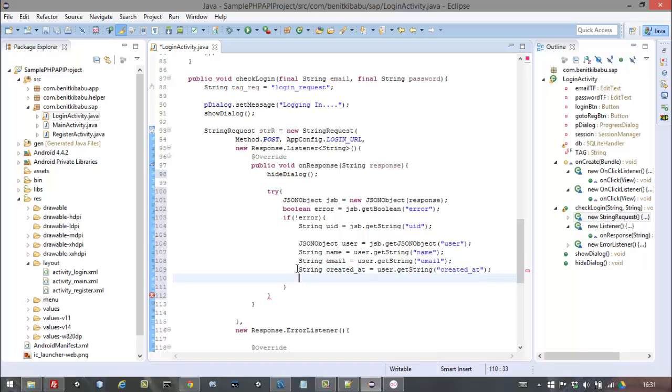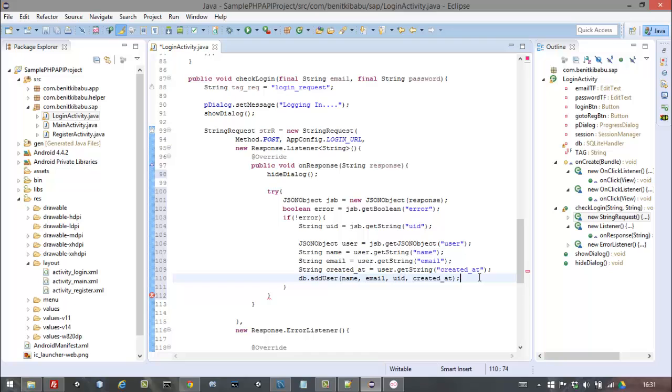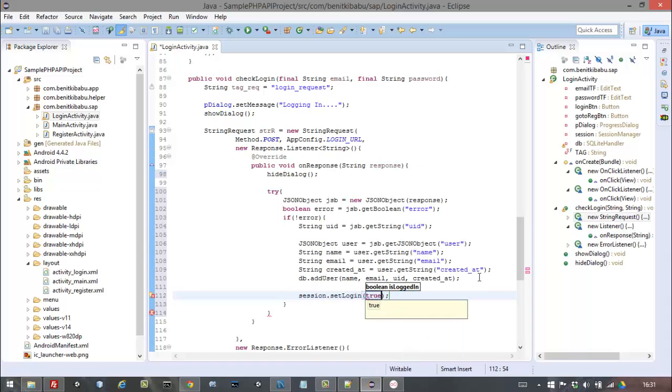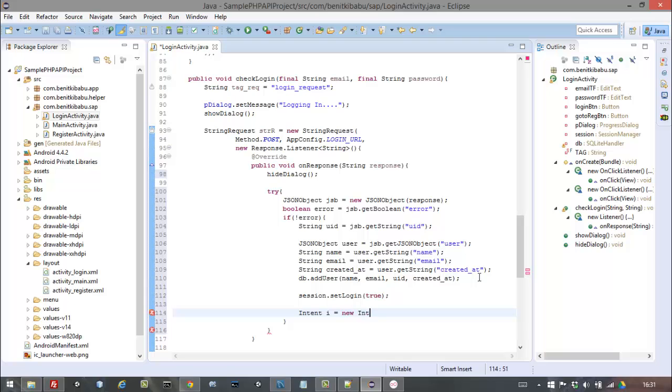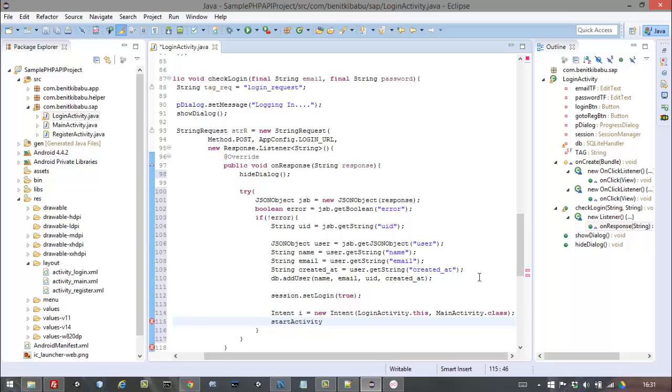and then after that you can say db.addUser, and then it just takes in all of that, and then you can say session.setLogin, and you set that to true, and then we can say Intent i is equal to new Intent, LoginActivity.this, MainActivity.class, startActivity(i), and then we say finish,